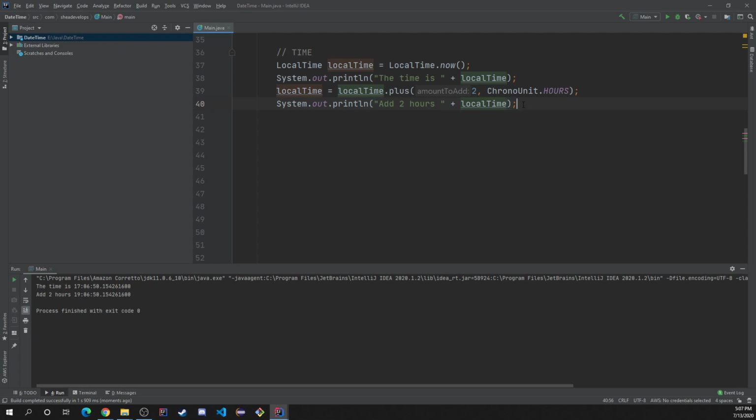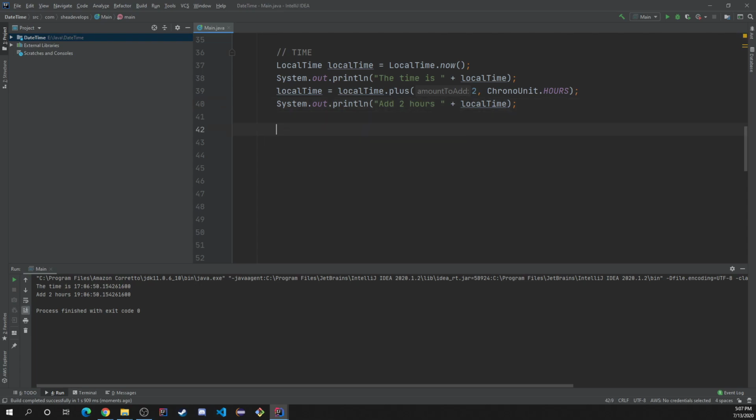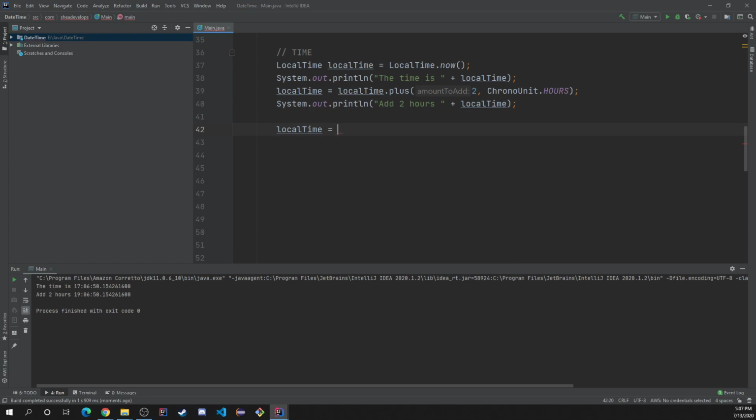You do have the same 2 ways that you had with local date to create a date. You can do that with the time. So you have the dot parse to parse a string, and then you have the dot of to implement integer values to set a time. So we could do local time equals local time dot parse, and we could parse